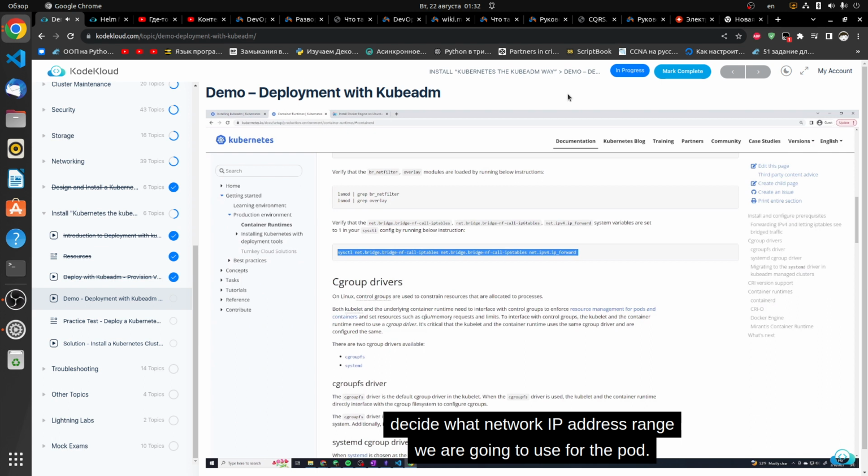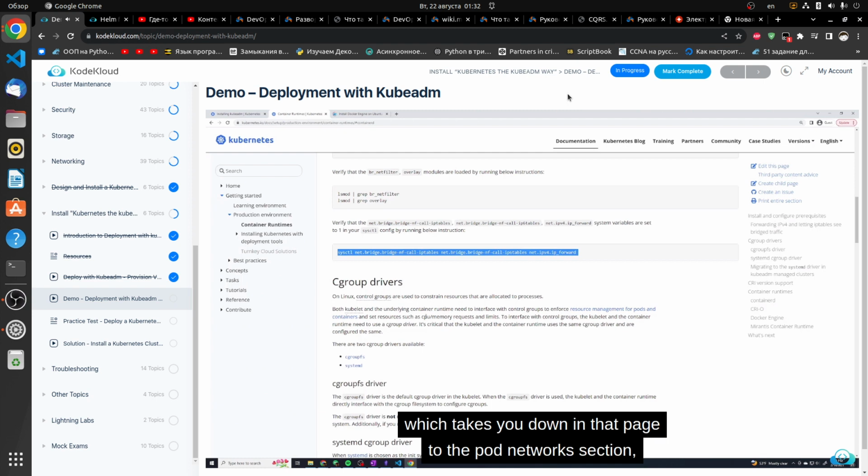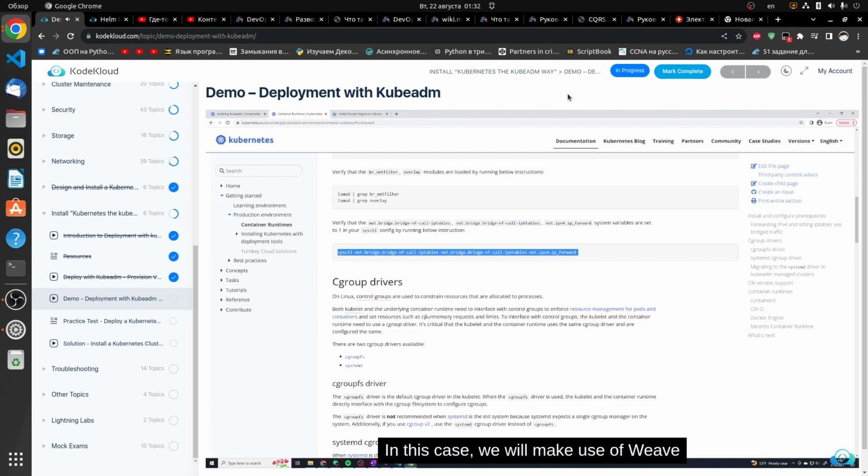And there's 2 different drivers. There's cgroupfs, and there's systemd. So cgroupfs is usually the default. Systemd is the other one. Now, which one you use is going to depend on a couple of different things, but the rule is if you are using a systemd init system, you have to use the systemd cgroup driver. So that means we're going to have to